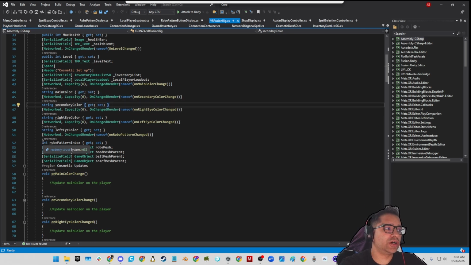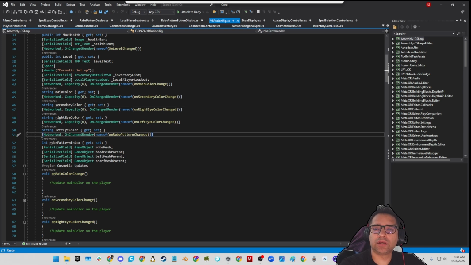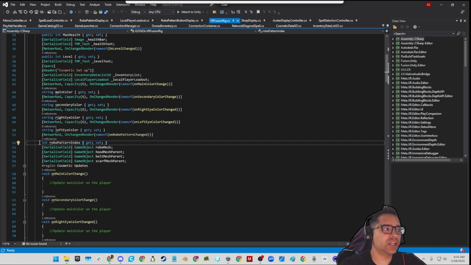But because I like saving memory, usually what you can do is if you have multiple lists, right now I have an int, I could have a byte if I wanted to. I need to organize this, it's not done. But the idea with an int is that you're not saving a whole lot of strings, so you can save on data, and it might be even better to do byte. But